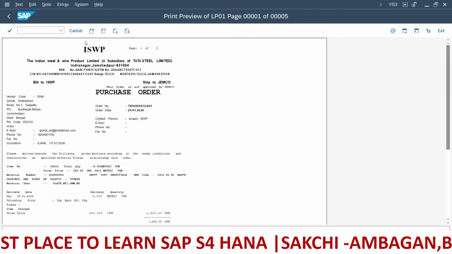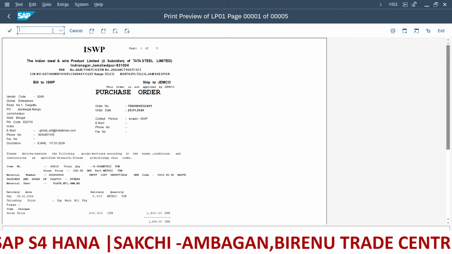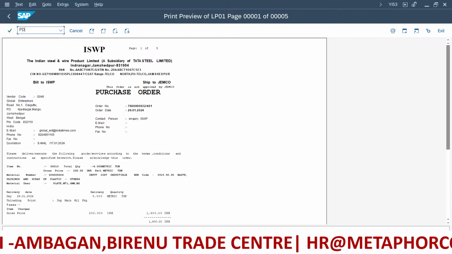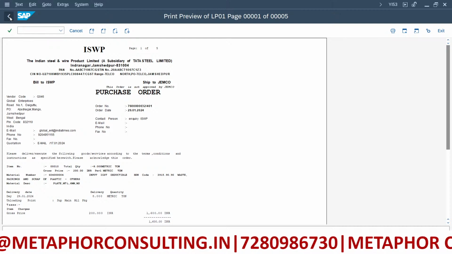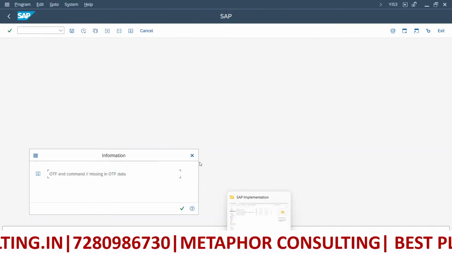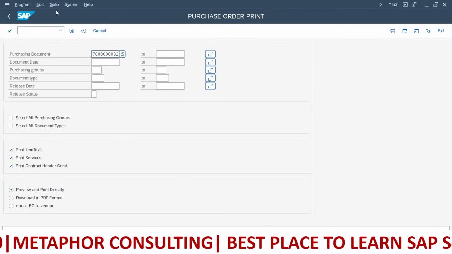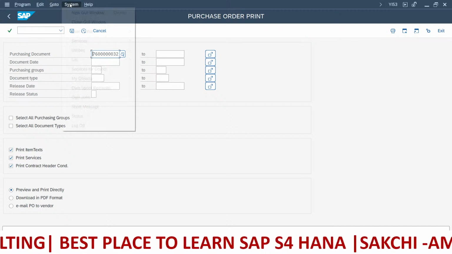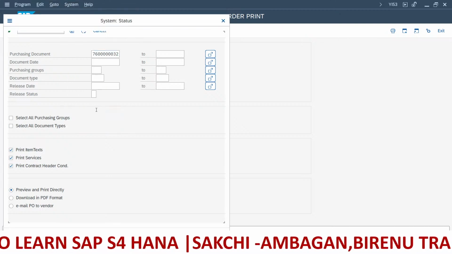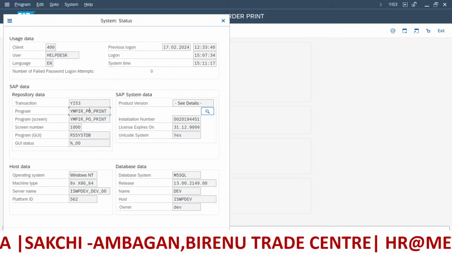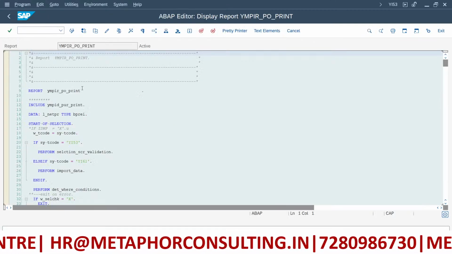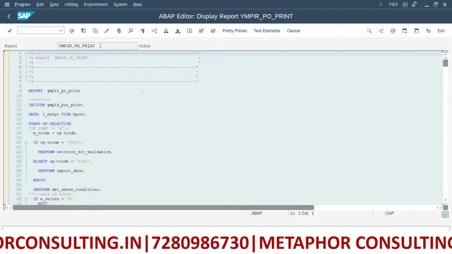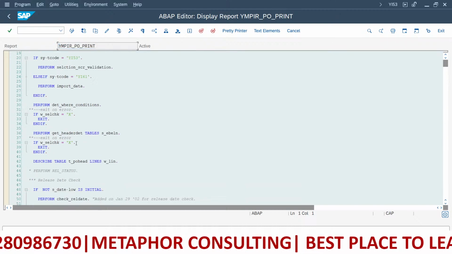You can do the print, or else if you want to take a PDF, then type PDF with an exclamation mark and it will work. Our session is not about generating the PDF, that is the reason I'm not going to generate it. Go ahead for the custom report. Since it is a form, we require a driver program, and this program is nothing but a report. I double click over here, and now you can see that a report has been developed, and according to that